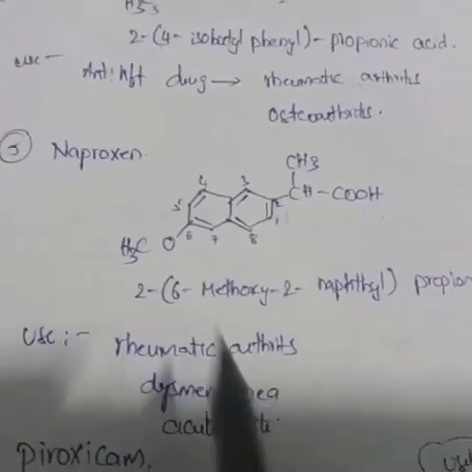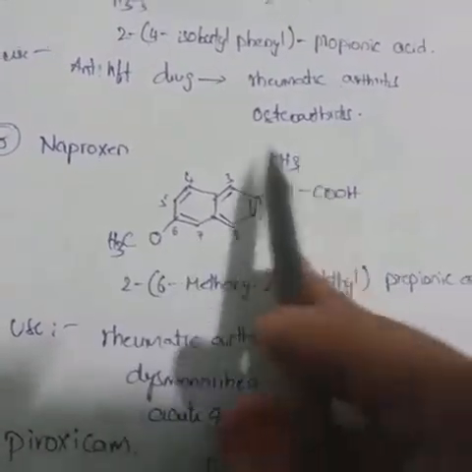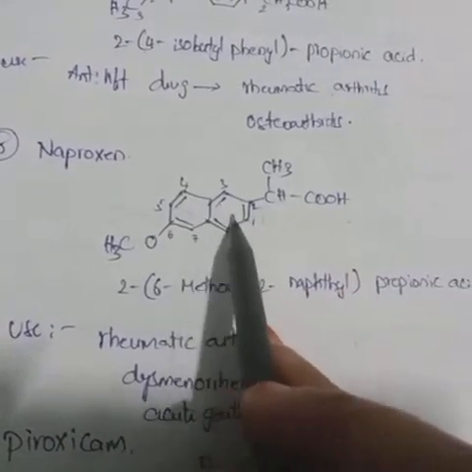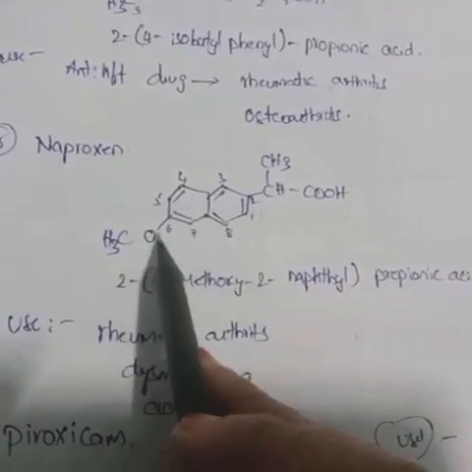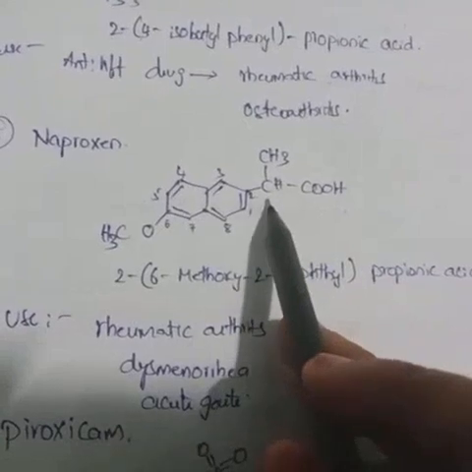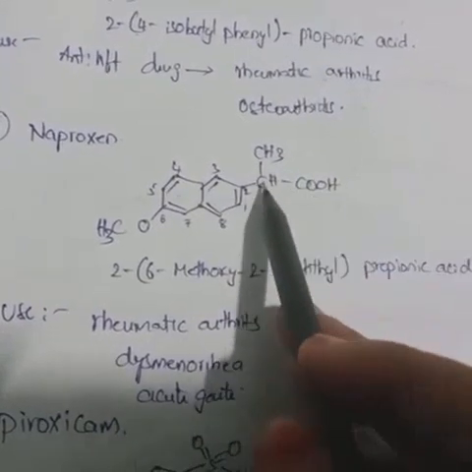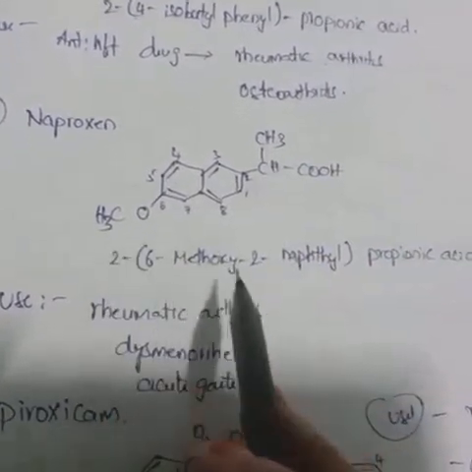Now we are going to see Naproxen. This is the structure of Naproxen. Two fused benzene rings are there. One methoxy group is there. See here, carboxylic group and ethylene group is there. So see,